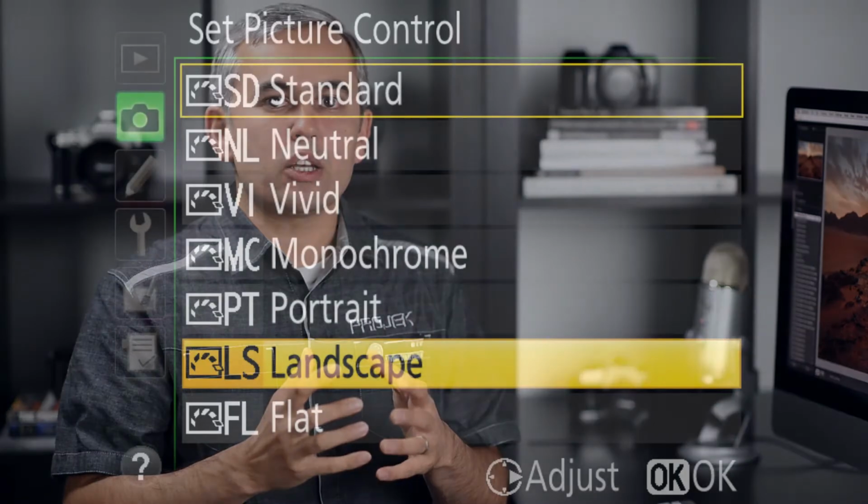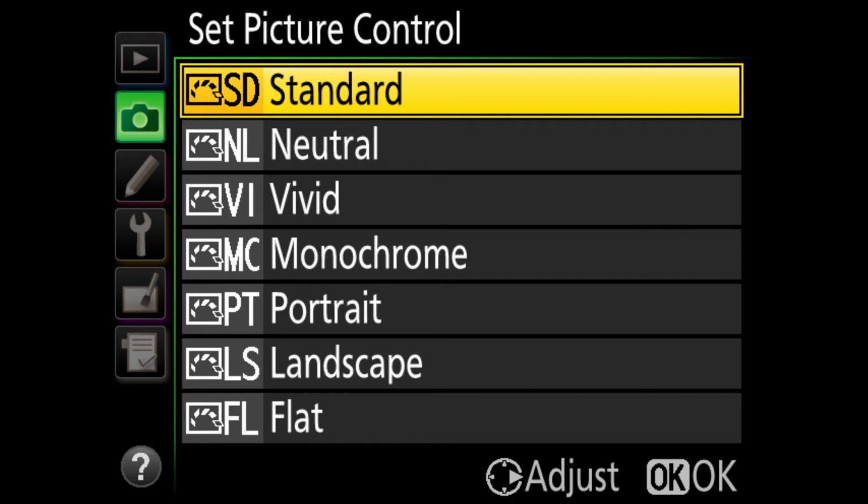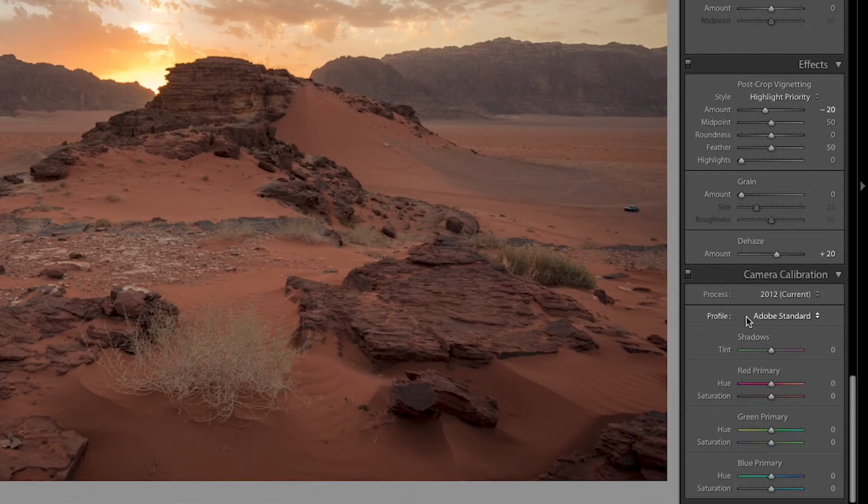One thing is when you import images into Lightroom, you'll notice that when you take a picture with your camera, and say you select a particular camera setting, for example, something like a vivid or maybe a standard profile, the image that comes out of the back of the LCD is going to have a particular look. And when you take pictures, you'll get used to seeing that look. And a lot of people get frustrated when they shoot in RAW because when they import their images into Lightroom, all of a sudden they see something completely different from what they're used to seeing on the back of their camera. So when it imports the raw image, it's going to apply its own camera profile. The default camera profile is going to be Adobe Standard.